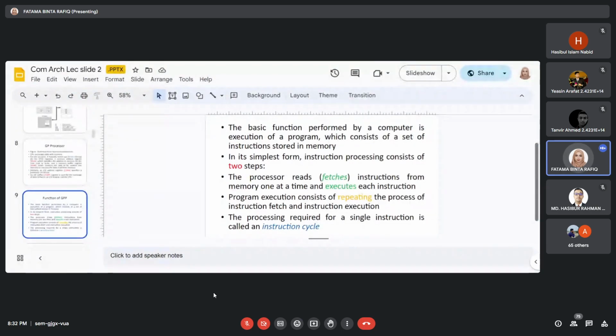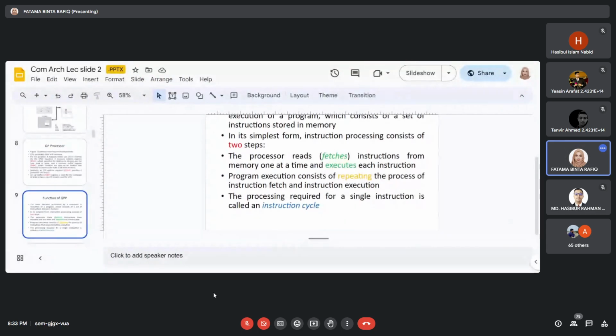The processing required for a single instruction is called the instruction cycle. So how much time we need to prepare or execute a single instruction, that will be the instruction cycle, the definition of instruction cycle. So এখান থেকে এটা একটু অবশ্যই দেখবেন, এটা খুব ইম্পর্টেন্ট একটা পার্ট, instruction cycle কি।